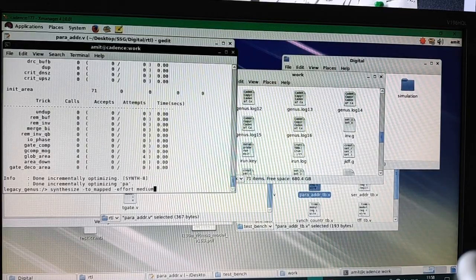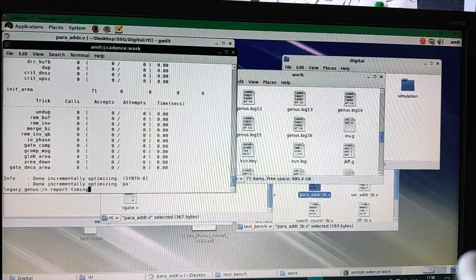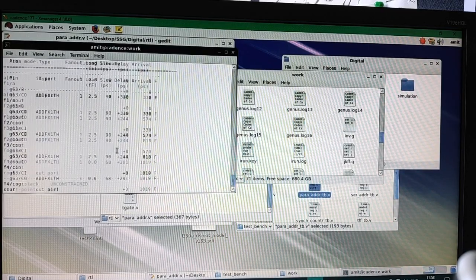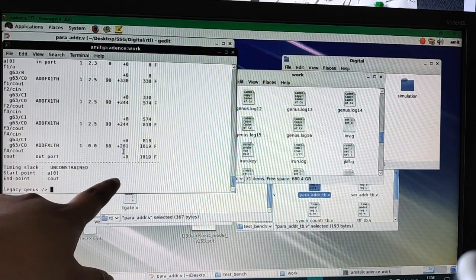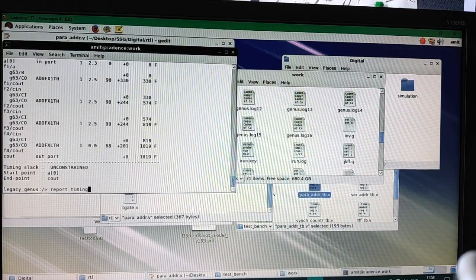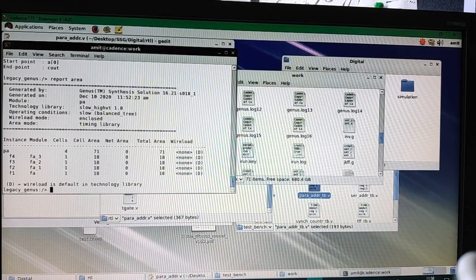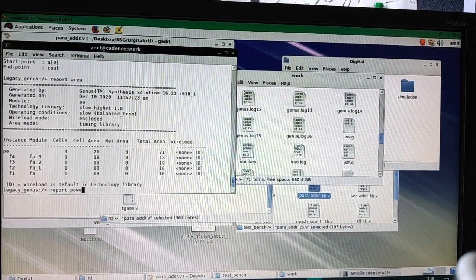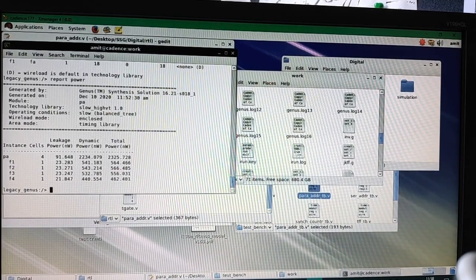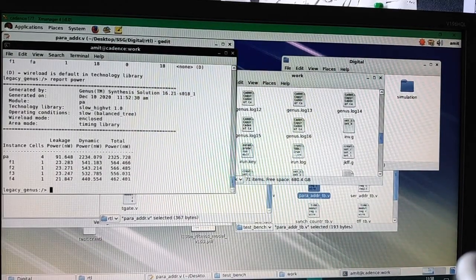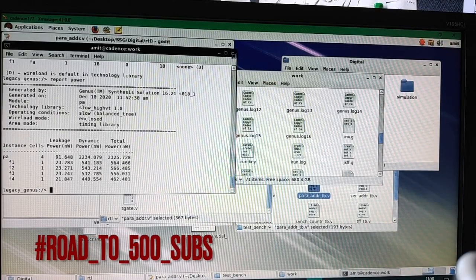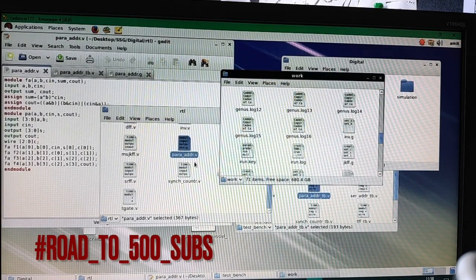So now the highest value has become 330. These are the results. So the parallel adder design has been simulated and synthesized. Alright, so we close the terminal and